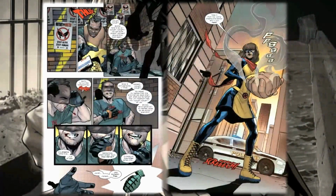So let's go take a look at some of the preview art so we can move on and talk more about this upcoming book. I think the idea of Kamala Khan being hated for being a mutant is really interesting, and it just goes to show how public opinion can sway and change very quickly from one moment to the other. I like the signs, the iconography, like all these, they would pick Wolverine is pretty much the more